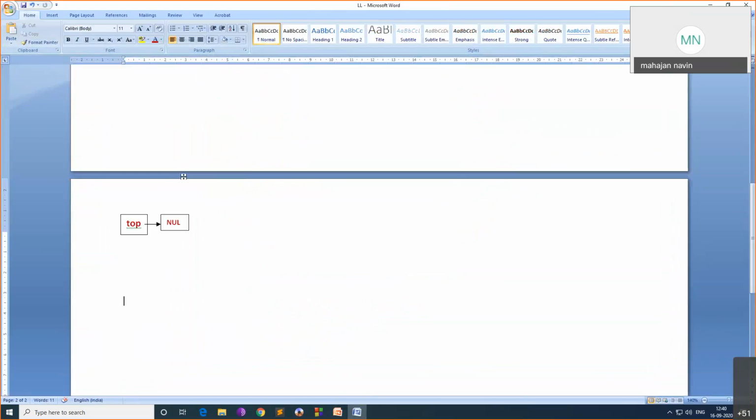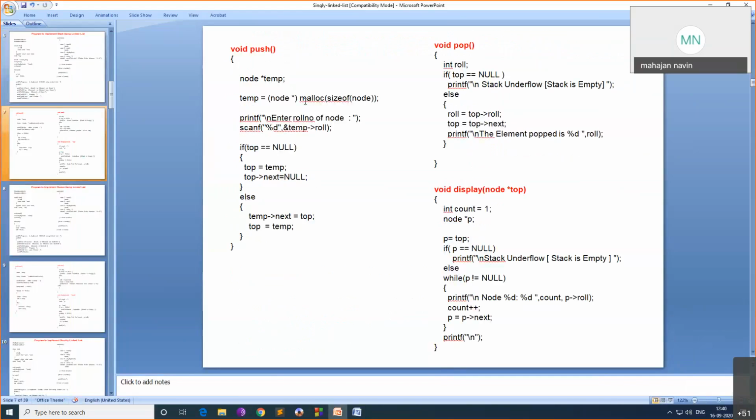Once you want to add a new node, what will happen? A new node is added using malloc. Temp equal to node star malloc size of node. With this, what is done? Malloc will reserve some memory and the pointer is given back to temp.